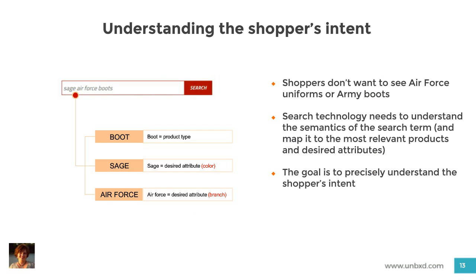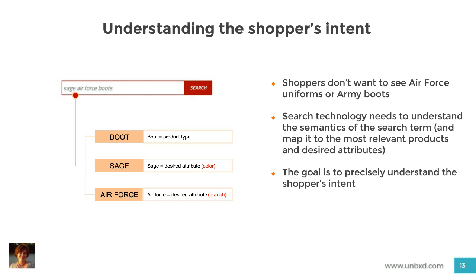The key here for relevance is that the search platform needs to understand intent from the query, and then it has to map it all on its own to the right products. I think that's a lot harder than it sounds. If you look back at a couple of slides ago with our Patriot Surplus site, in our brains, it makes a lot of sense. Sage Air Force boot, how hard is that? But for machine learning, or for the systems that are bringing up the search results,